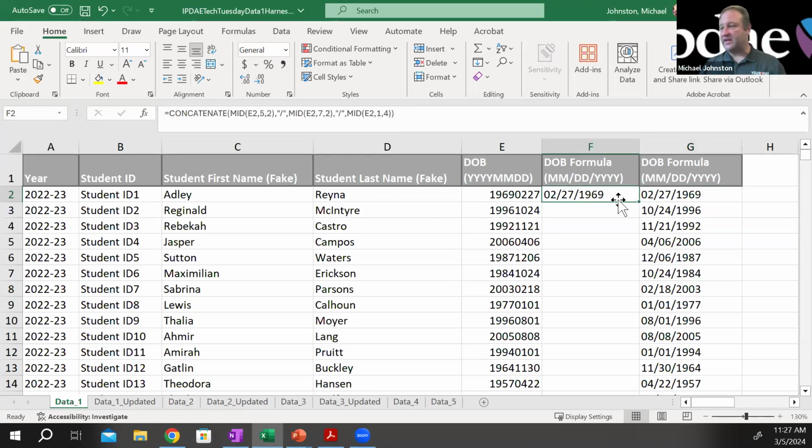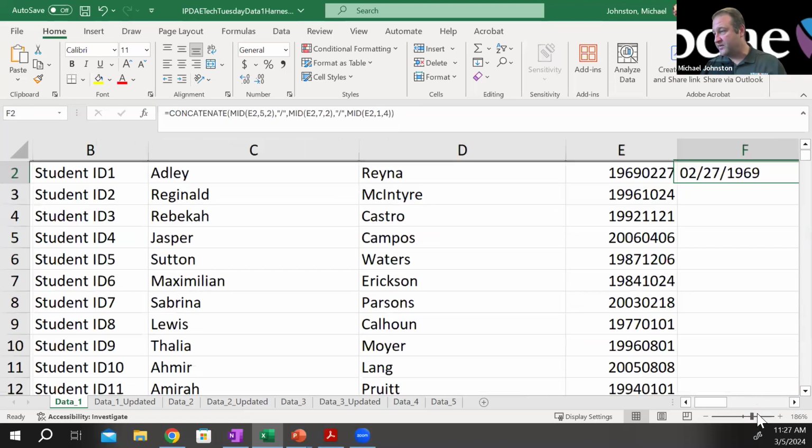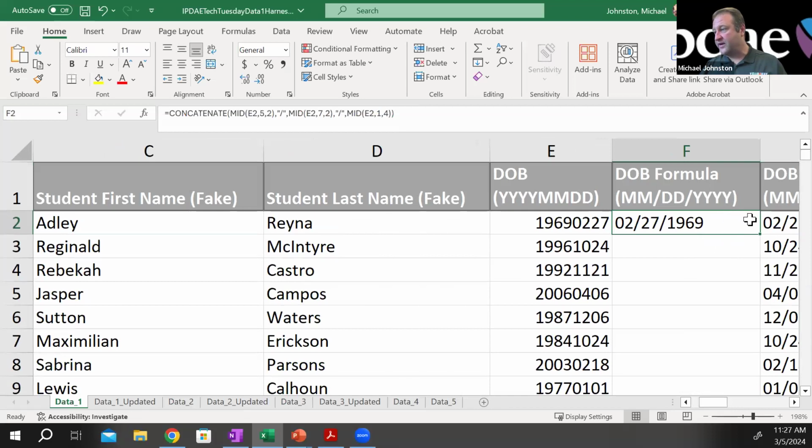So the nice part is that when we actually zoom in on this, I'm going to zoom on this a little bit more. If I go down to the bottom right, does everyone, I hope, see how my cursor changes from a fat white plus to a skinny plus, fat, skinny. When I double click,